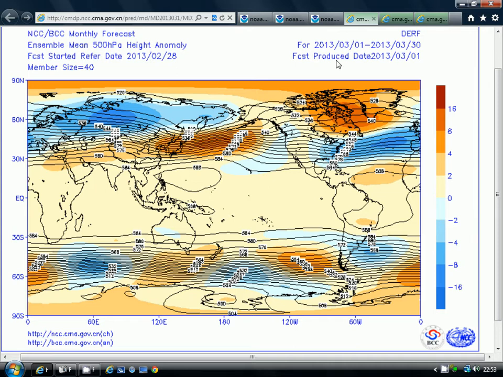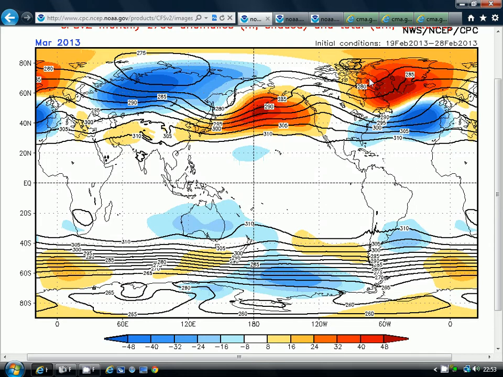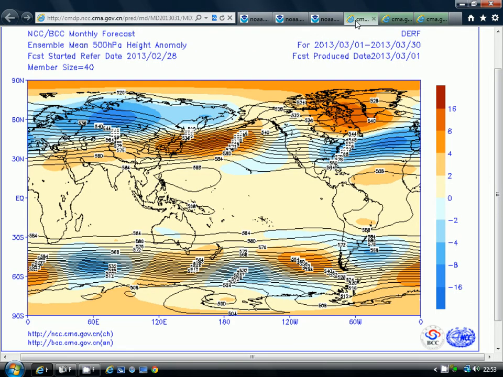Just go back to the CFS 700 millibar heights. That is the 700 millibar height anomaly for the month from CFS. If we go forward again to the Beijing Climate Center, it's very similar there. We've got the above average heights stretching up to the north and the northwest, the below average heights to the west and to the southwest, with the jet stream running somewhere through the Atlantic and then going south and west of the British Isles. And that leaves us probably with the northerly and easterly winds blowing more frequently than normal.